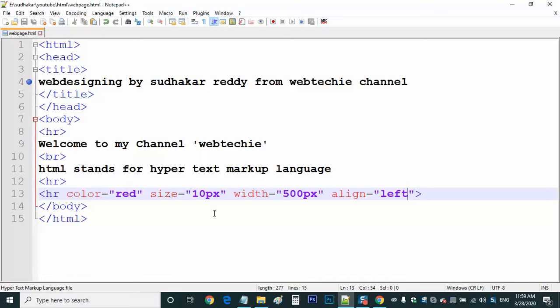Now let us discuss one more attribute for my body tag here. So friends, what is the color of the web page here? As I said, this entire screen is called one web page. A website is a collection of web pages. We prepared one web page, even in the last video also. Today also we are preparing one more web page, and we saved it as a webpage.html file. You can give any name. I saved it in one folder here. Now we added certain tags and text, and today we added attributes also.